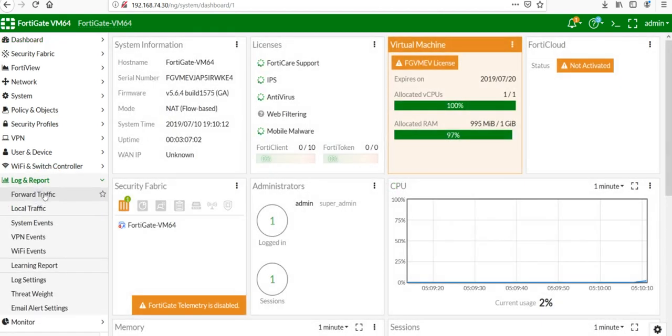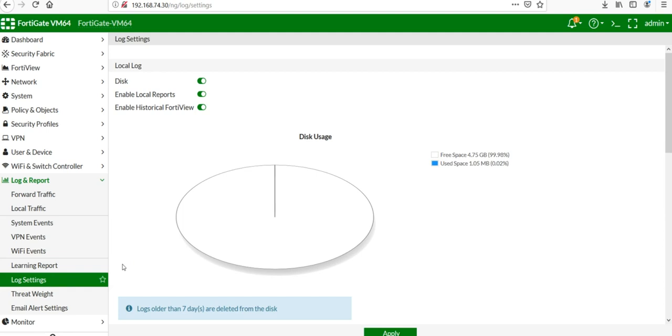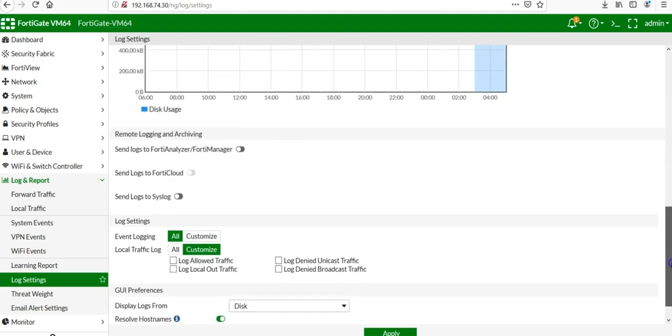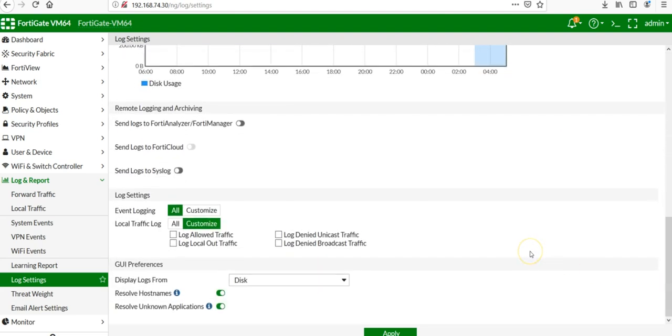So I will go to the log and report. For sure, you are not supposed to do this yourself at the customer site. You are not a FortiGate expert, you are an ArcSight expert doing implementation. So you will ask the administrator or the person responsible for the FortiGate to do this for you. You may share with him some